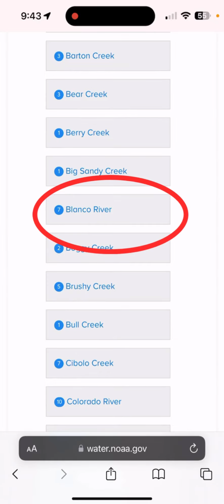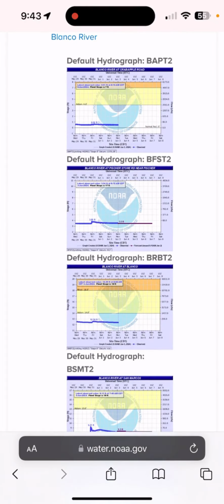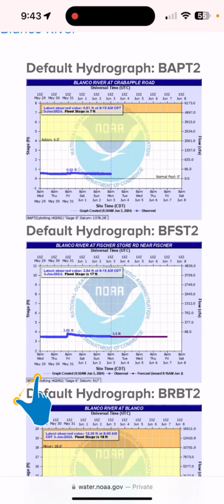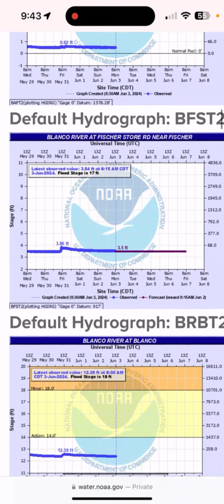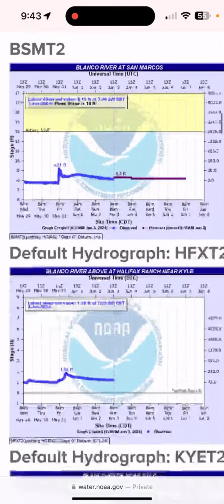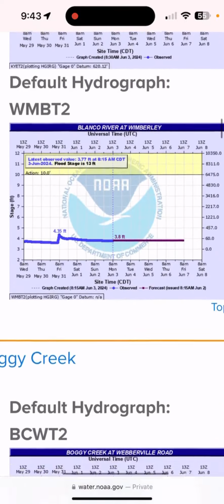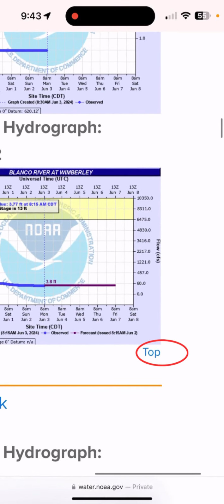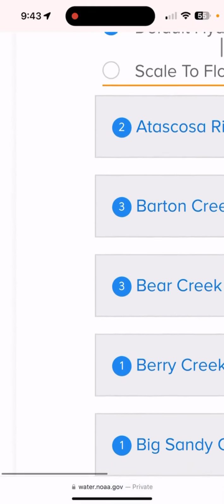We see that there's 7 river gauges on the Blanco River. We just tap it here and it will take us to these hydrographs. And from here, we can pinch and zoom to see the different hydrographs on the Blanco River as we scroll up and down. When we're happy with that, we can click the top button here, and you can go back